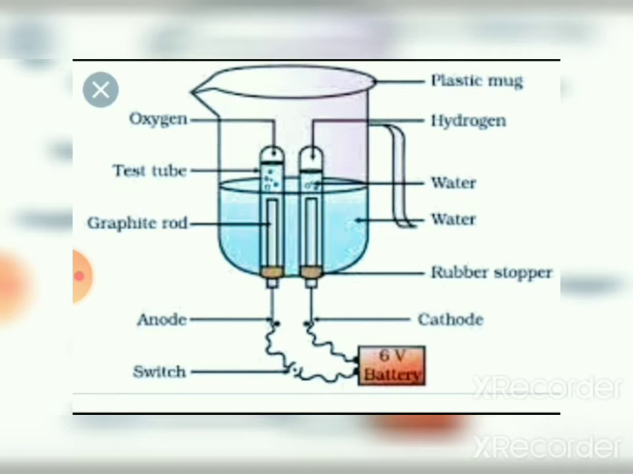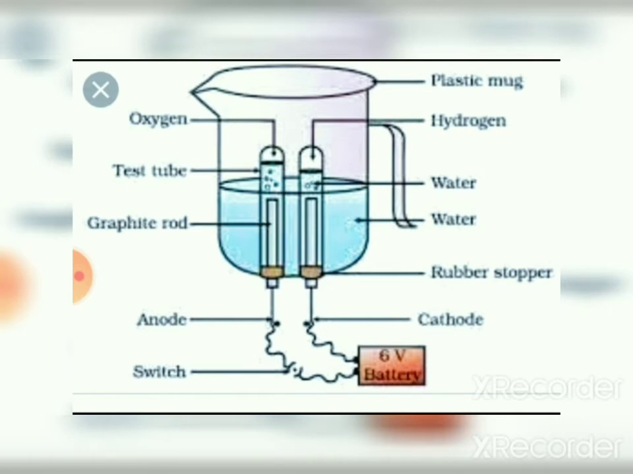Connect the graphite rods to the terminals of a battery through a switch. Now when the switch is on, current will pass through acidified water. Decomposition of water will take place, as a result of which hydrogen and oxygen will be evolved at the cathode and anode respectively. That is, hydrogen gas will be evolved at the cathode and oxygen gas will be evolved at